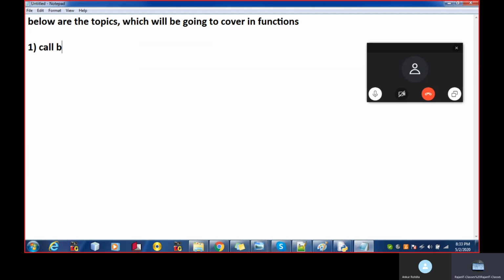Call by value, call by reference. What is the default function? Default argument function. Third argument function.